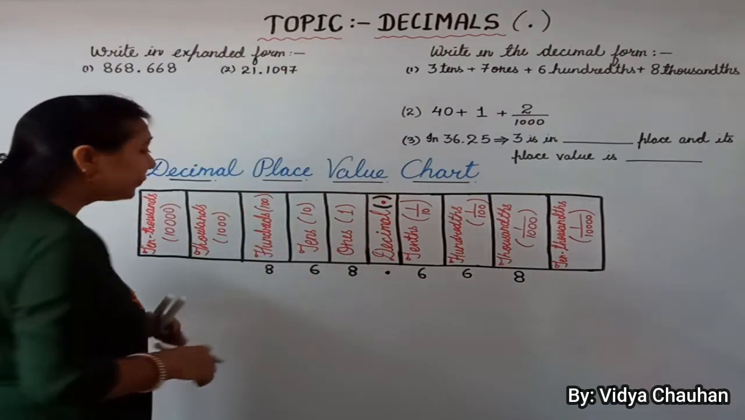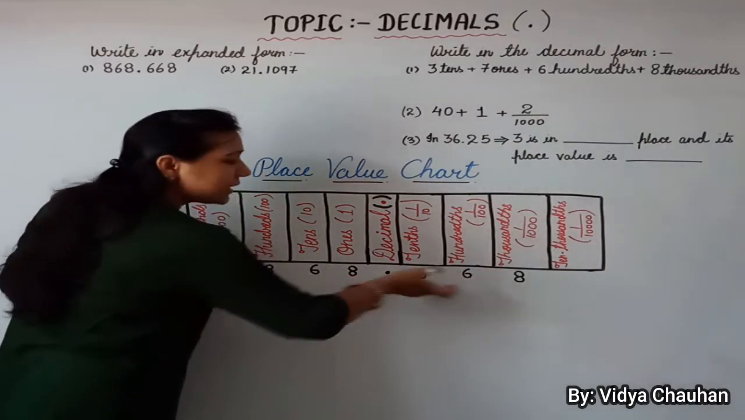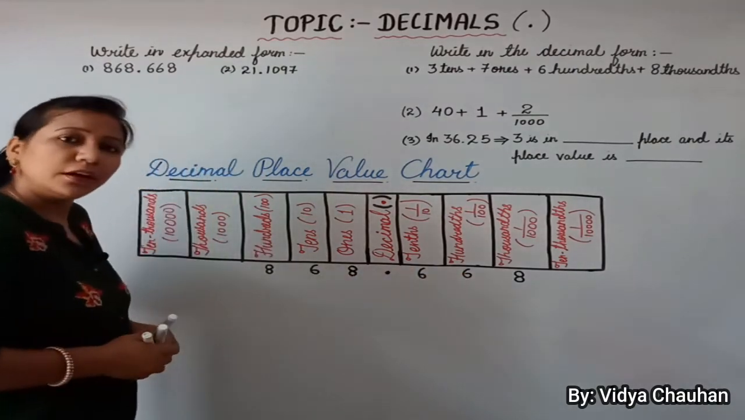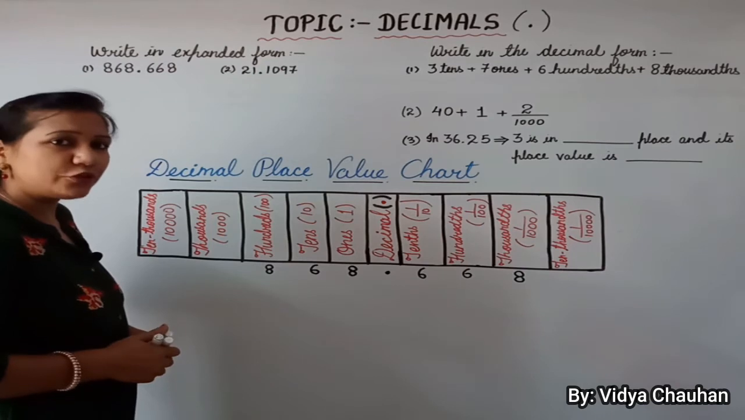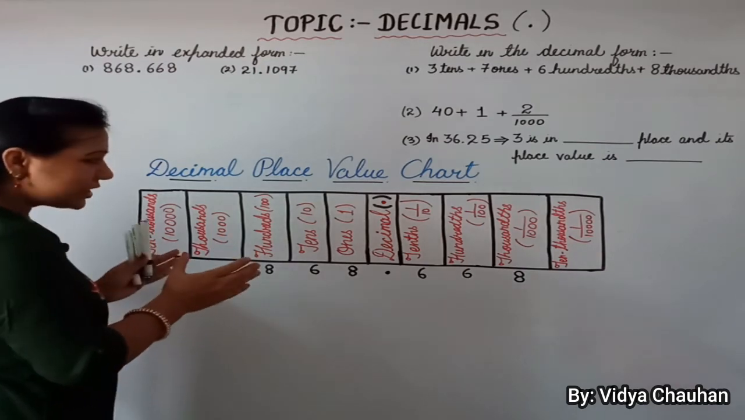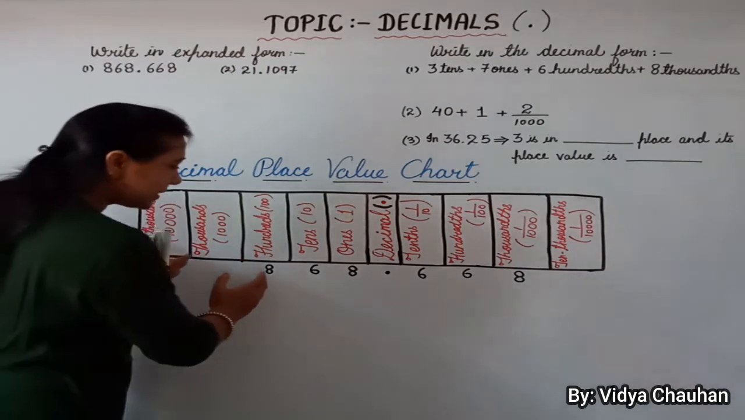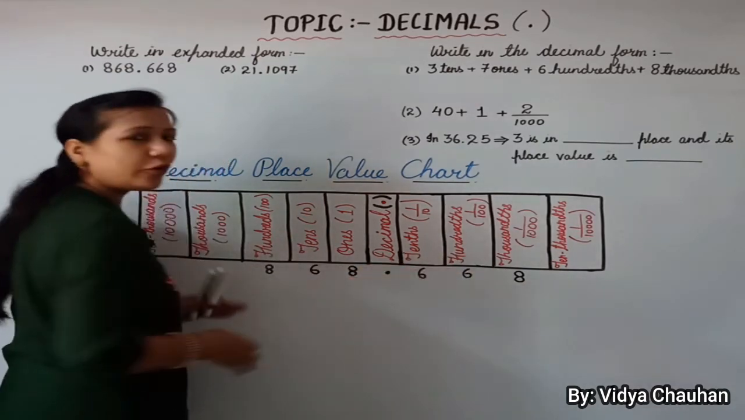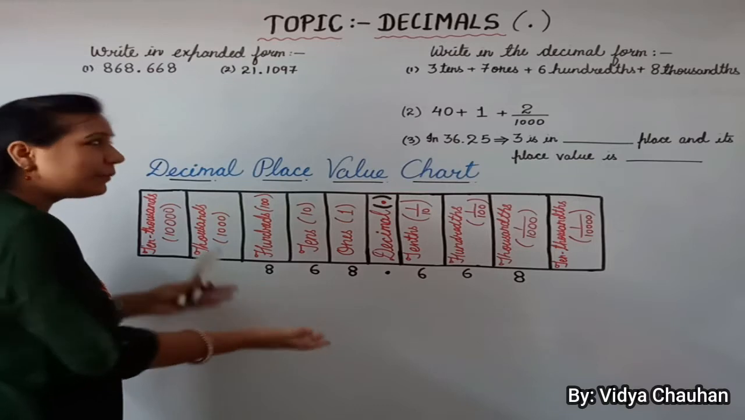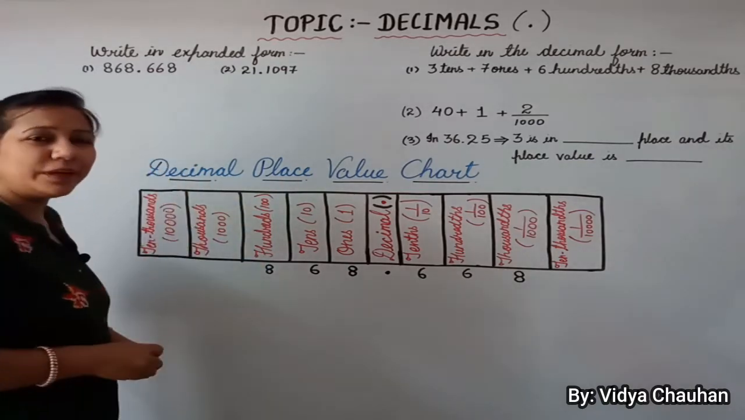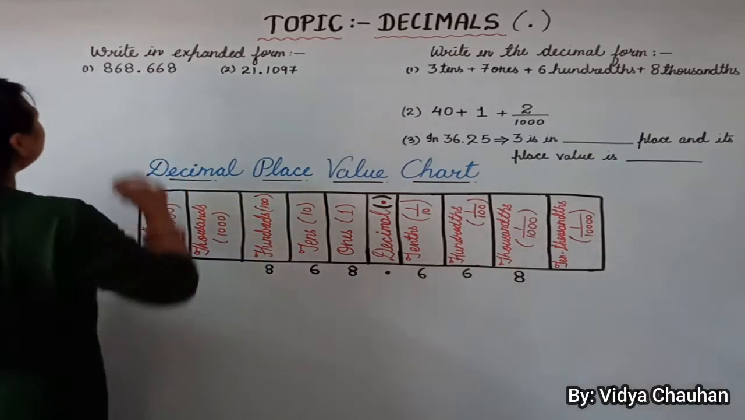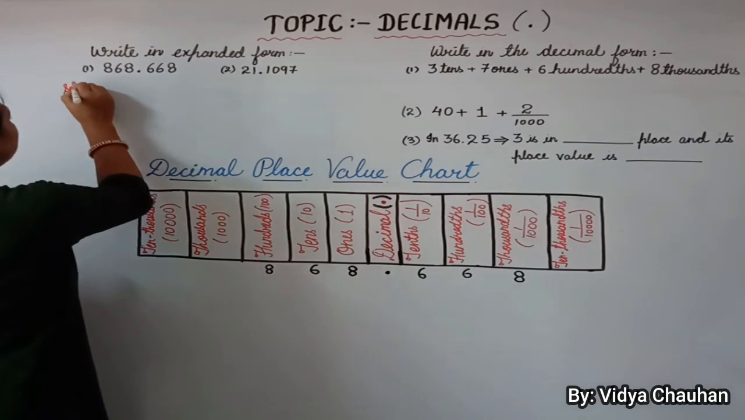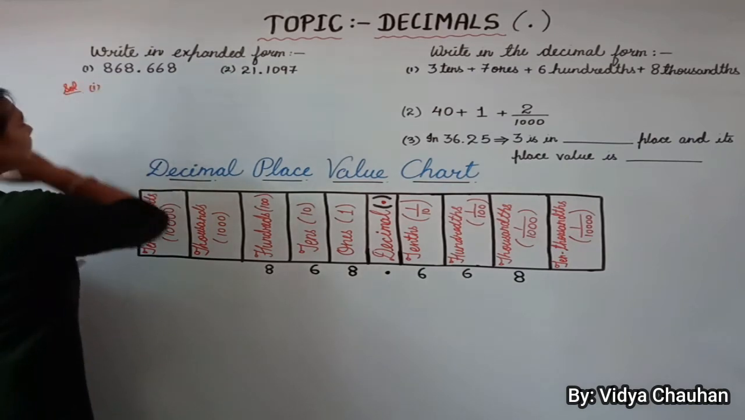Clear, students? Now as I have written the number here on this decimal place value chart, you must be seeing that the place of each of the digits is very clear to all of us. Now in a similar manner, let's develop it there in our solution part. So the solution for our first part,